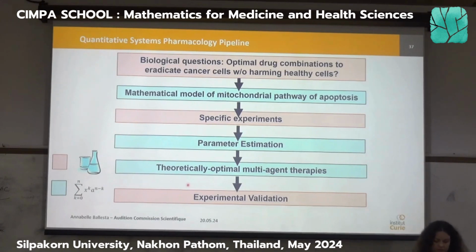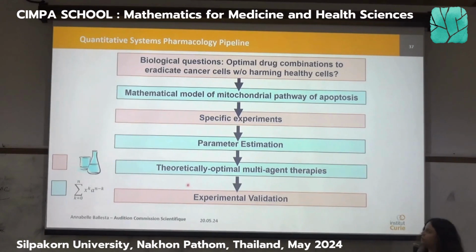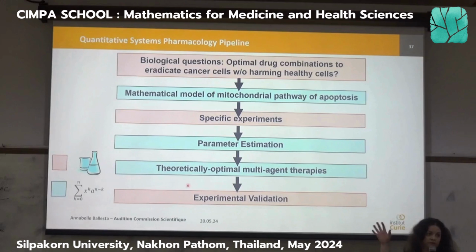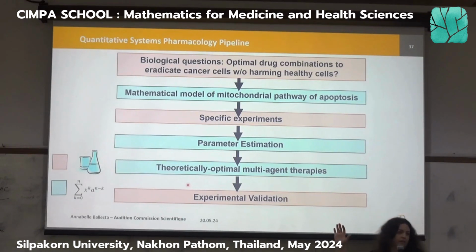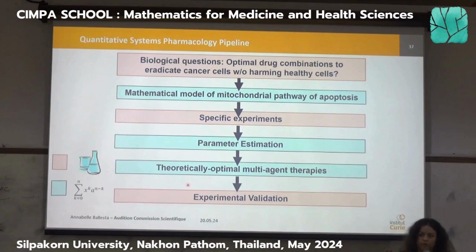So you will see that the biologists already identified a part of the intracellular network that was really different between normal and cancer cells, and this is called the mitochondrial pathway of apoptosis. So apoptosis, you know, it's cell death, and mitochondrial, now you know, is because it happens in the mitochondria, or at least it is initiated around the mitochondria, and I'm going to come back to that.